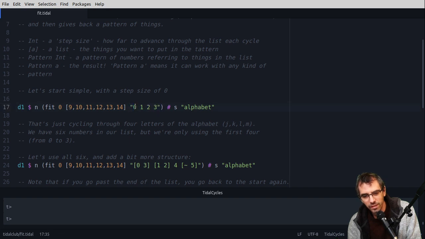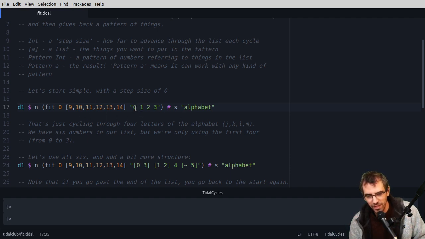So it's saying take the first, the second, the third, and the fourth, remembering that it starts at 0 again, which is always annoying. I don't know why we put up with this, but that's what you have to do with computers for some reason. So it's just going to take the first 4 numbers here, which refer to letters. This is K L M J K L M J K L M. So it's going J K L M and then repeating forever, which isn't very useful, but you can kind of see what it's doing.